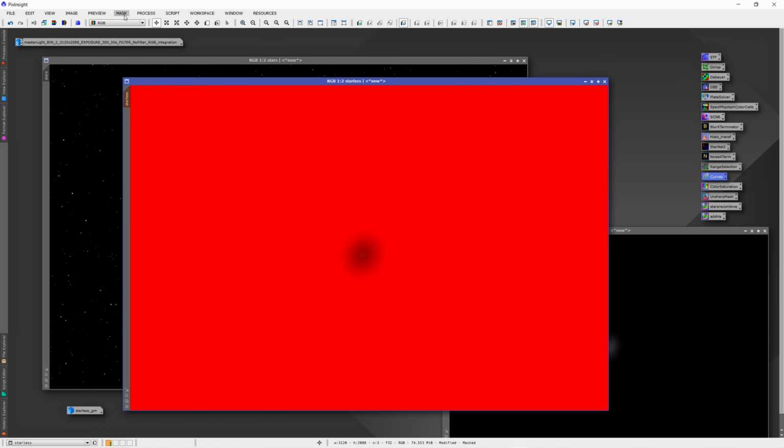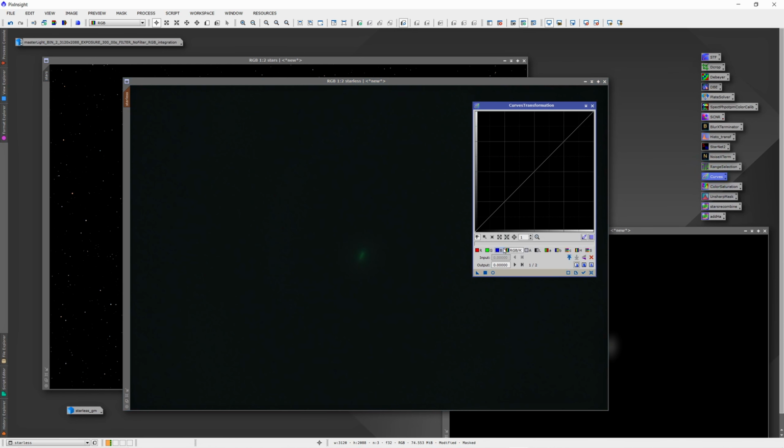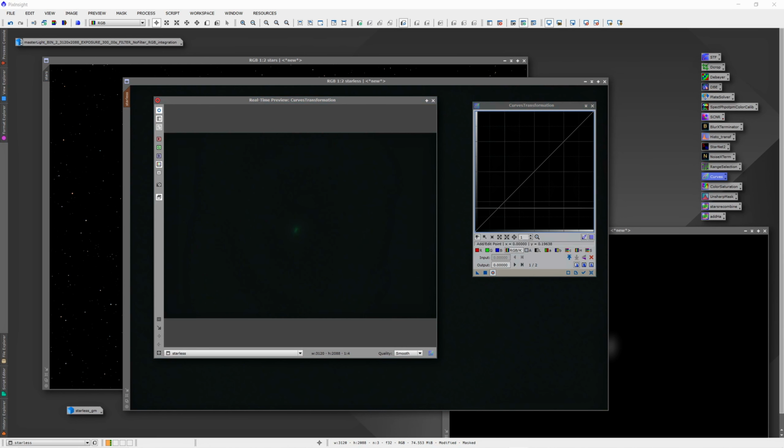Maybe it would be nice. But now you cannot see very much. You just go to mask, show mask, not to show the mask, but it's still applied. This you can see because it's brown here. Now you can go to curves again, open the preview. This is nice. Now just